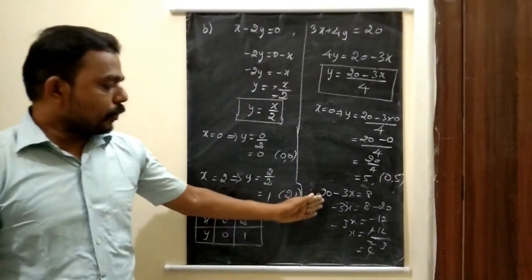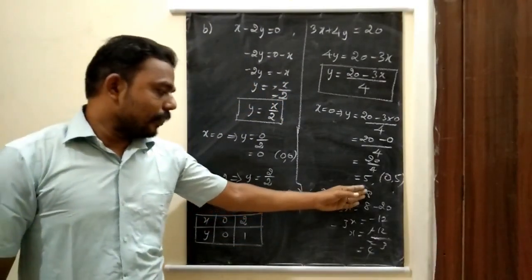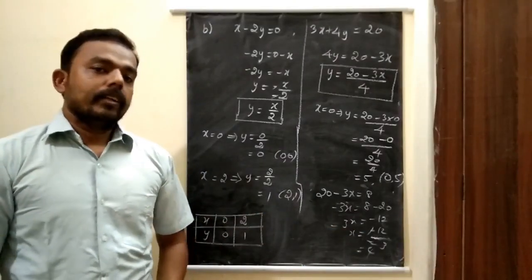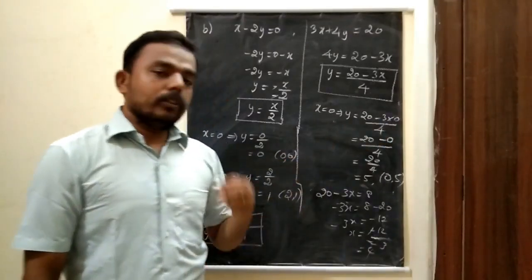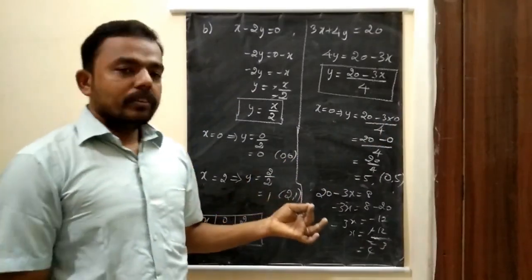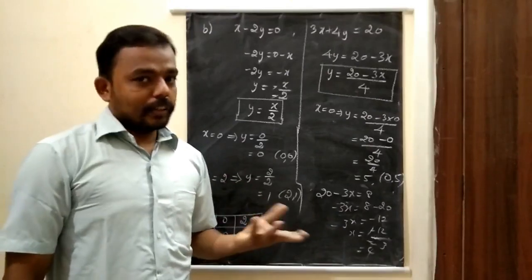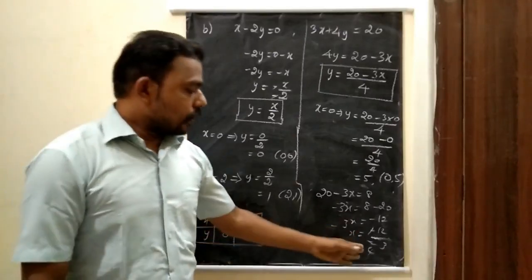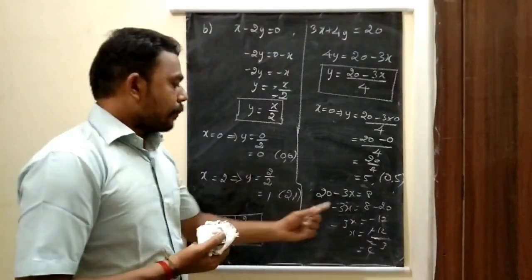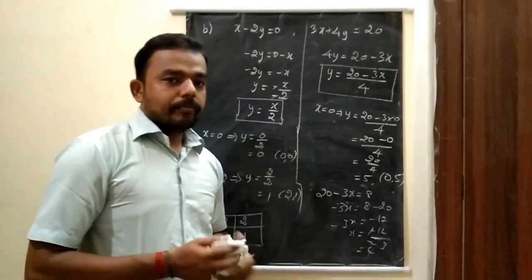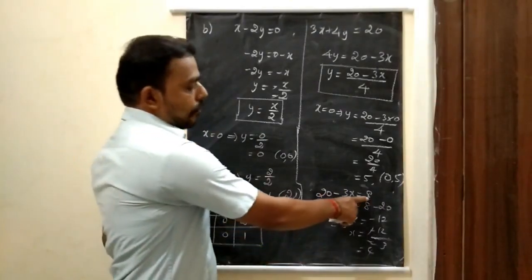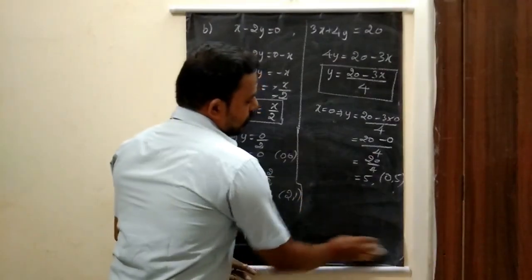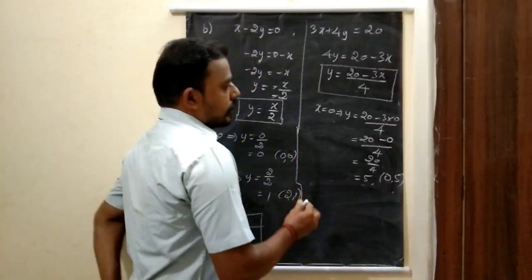So 20 minus 3x equal to 8 means I need to substitute x is equal to 4. If x is equal to 1, not possible. x is equal to 2, not possible. x is equal to 3, not possible. Then x is equal to 4, possible. So by substituting that value, this should be a multiple of 4, 8, 16. By this I can get the whole number. So write this problem by substituting x is equal to 4.